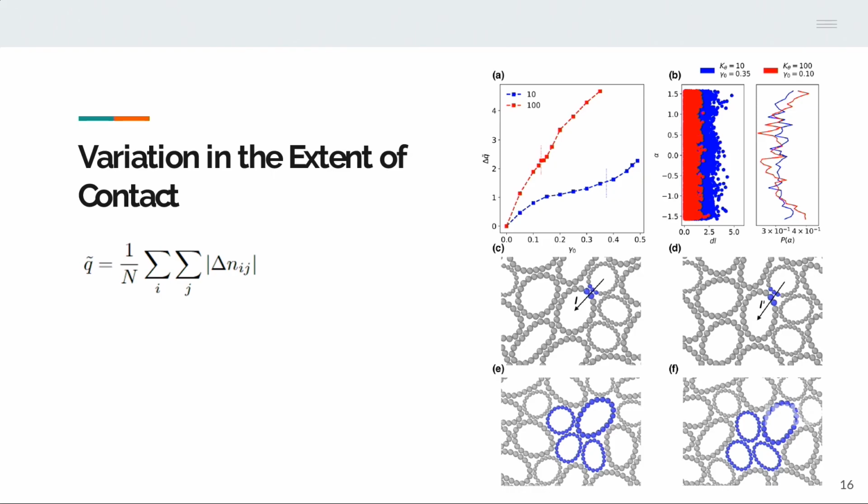Since we have a finite temperature, this q tilde is non-zero even in the unsheared case. So we take delta q tilde, which is q tilde minus q tilde at gamma 0 equals 0, and we see for both the flexible and the rigid cases, as we expect, there is an increase in this delta q with gamma 0,